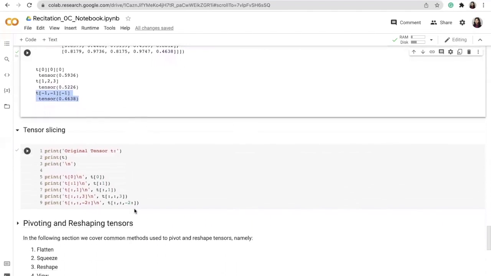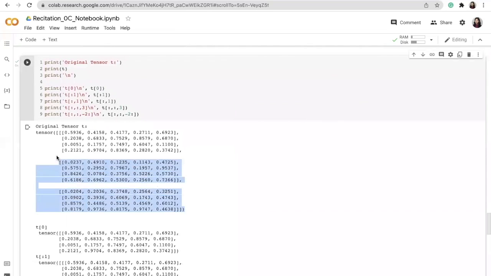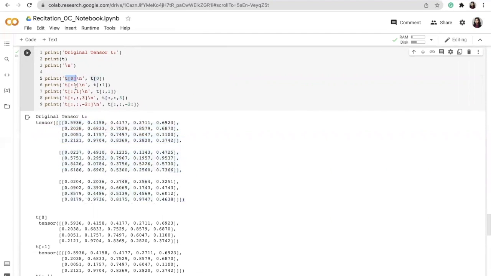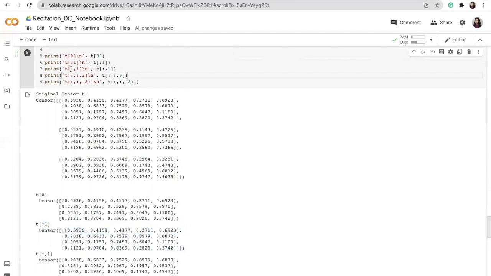Now coming to slicing functions, let's again initialize a random tensor of shape 3 cross 4 cross 5. Now if I select T of 0, that means I'm selecting the complete 0th item from this tensor. But if we have T of :, 1, that means we are now accessing all the elements, and for all the elements, we are interested in getting the first row of all of them.